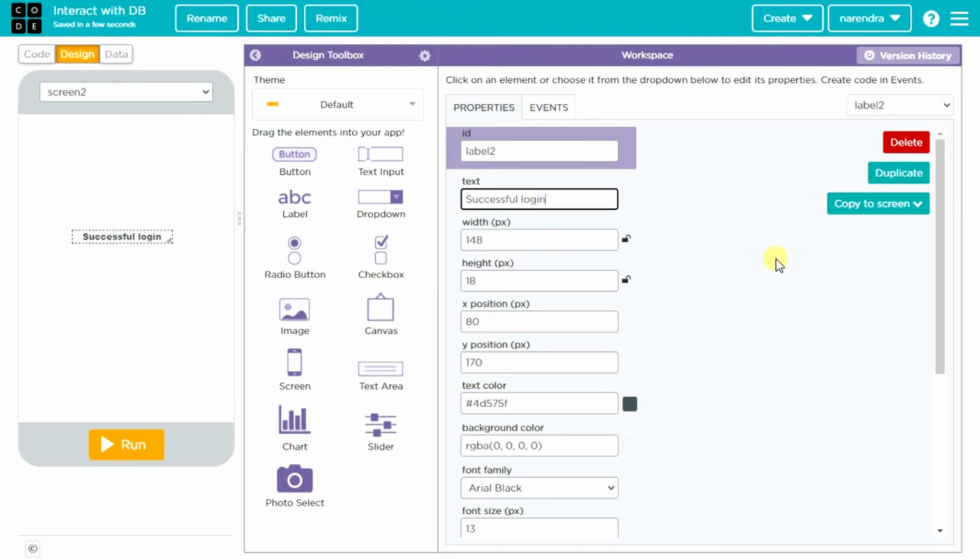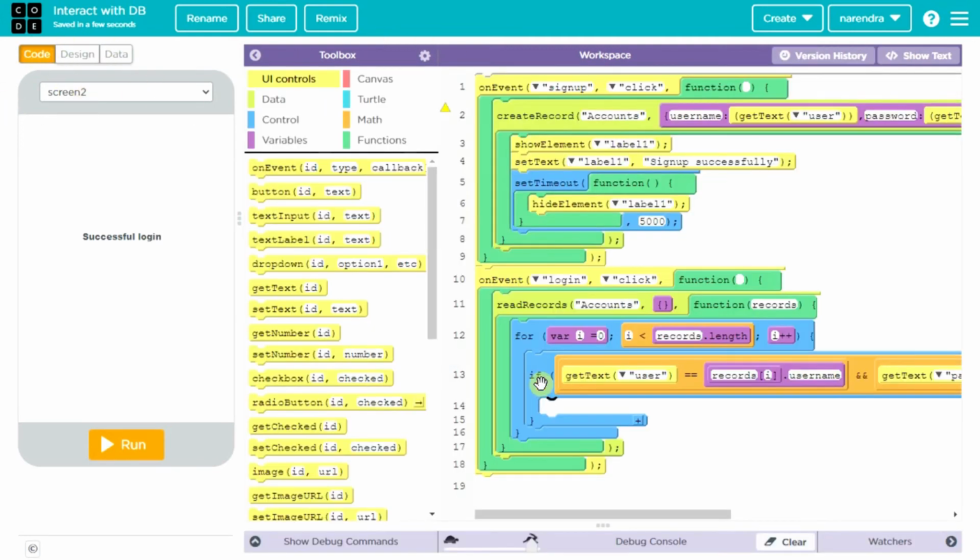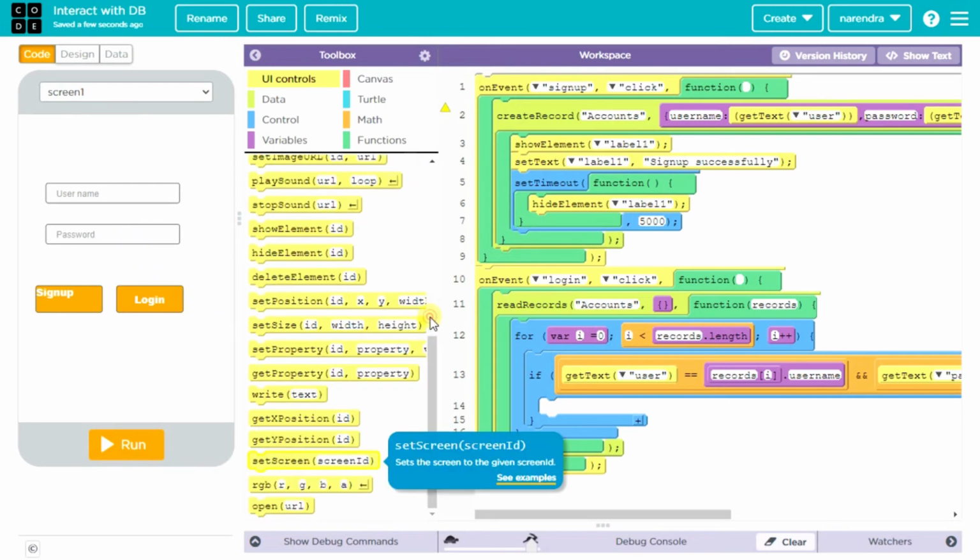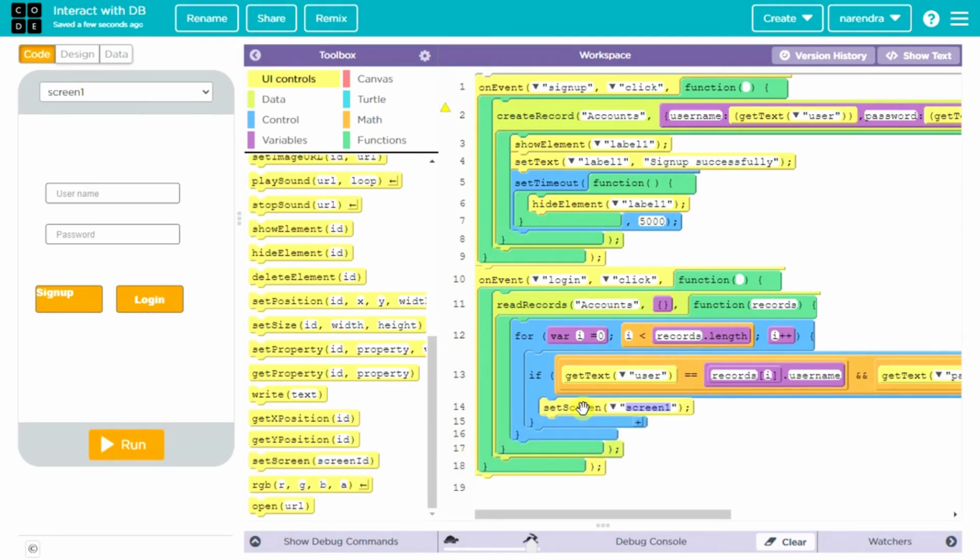Successful login. That's it. So if the username and password are both valid, if it is a valid user, which means the username and password both match the database, you have to move to another screen. To move from one screen to another, there is an element called set screen,